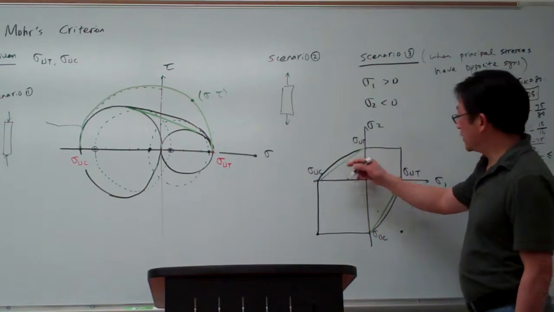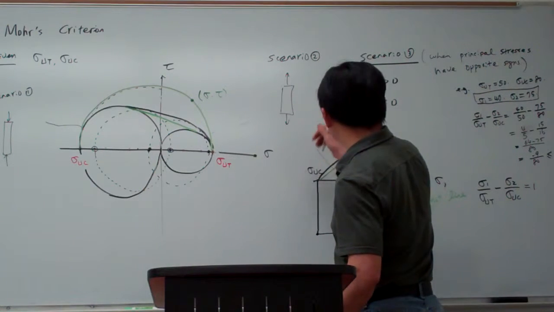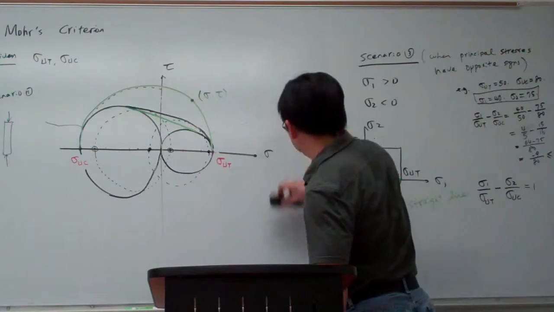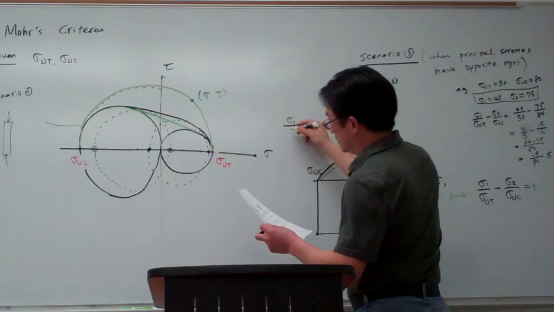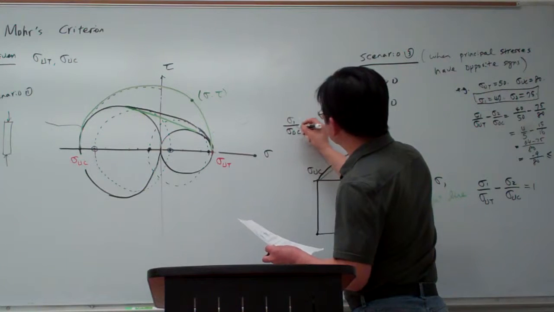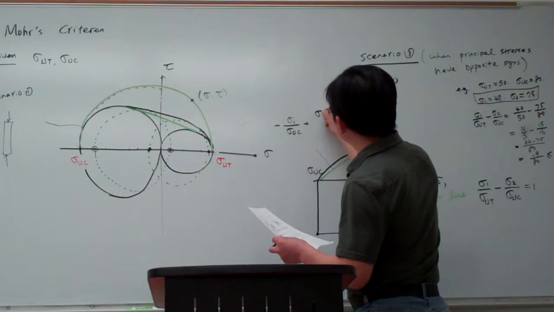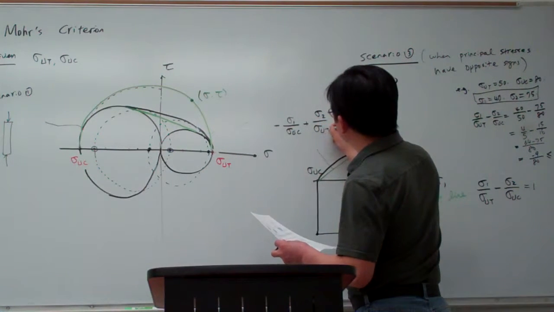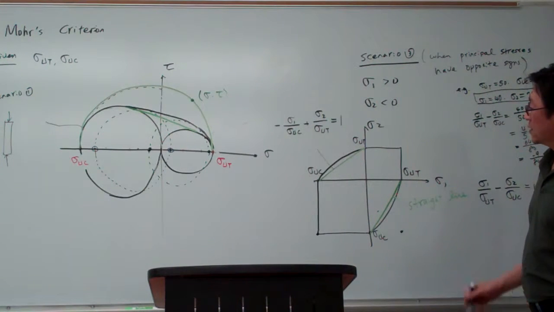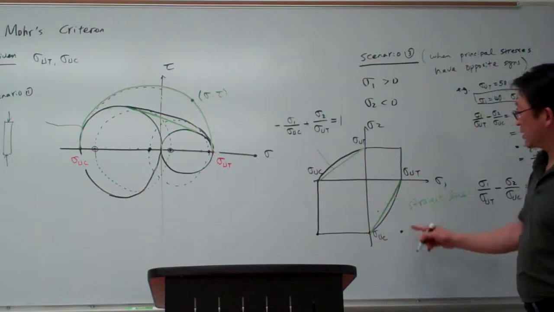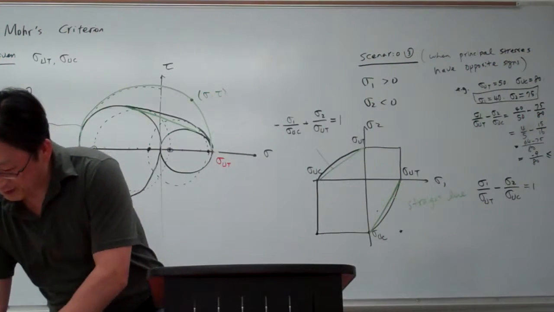And in a similar way, this other boundary has the equation sigma 1 divided by sigma uc plus sigma 2 divided by sigma ut equal to 1. So we can check the boundaries against the calculations. Probably here we can take a look at one